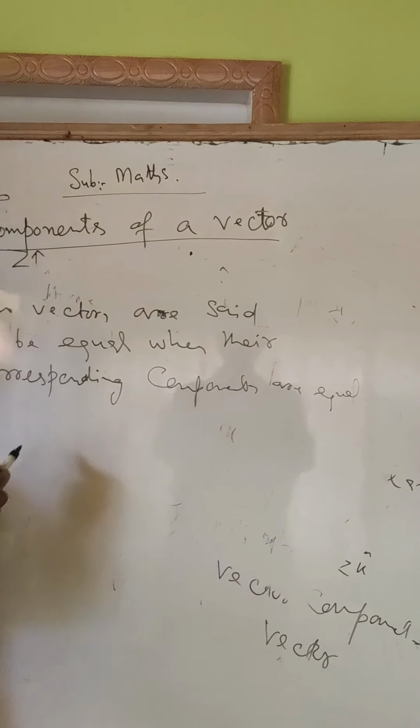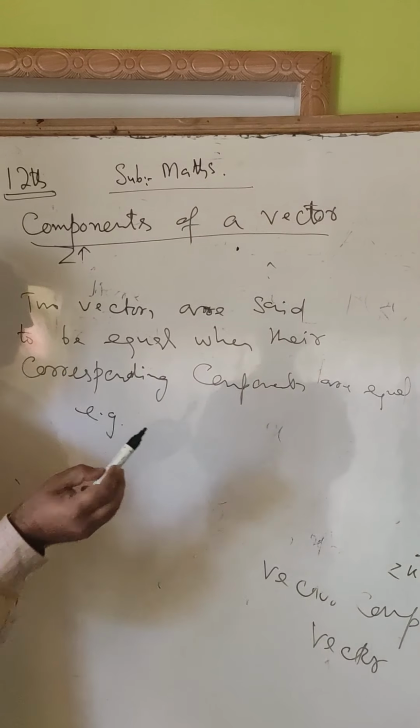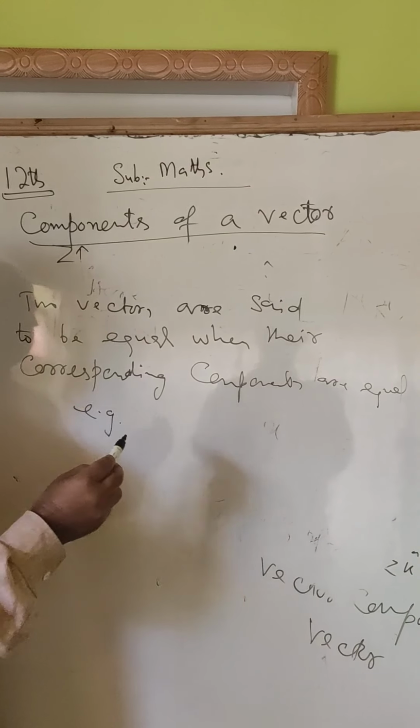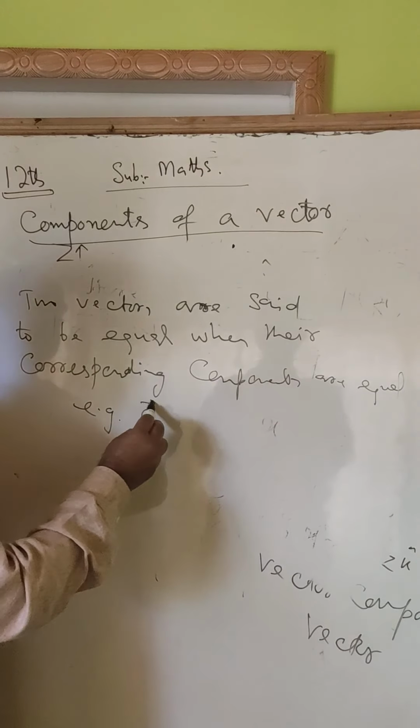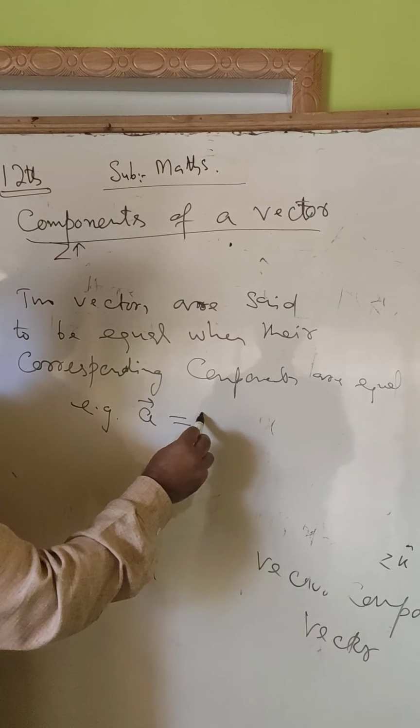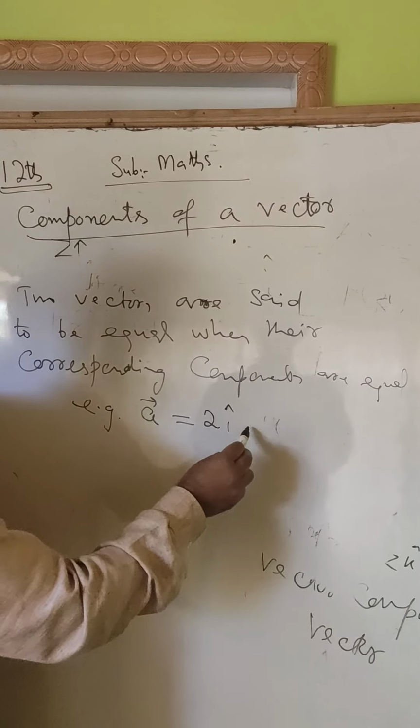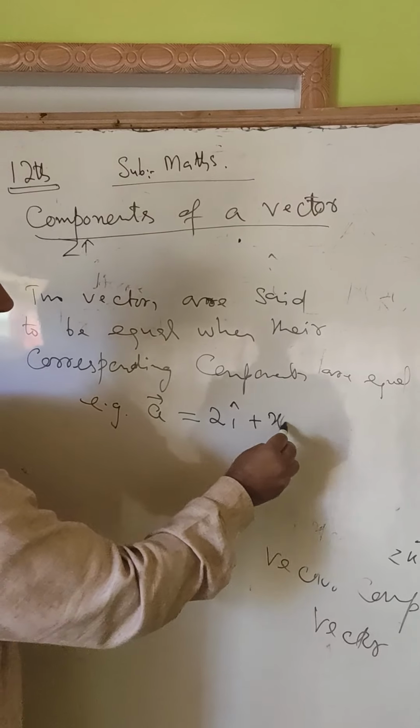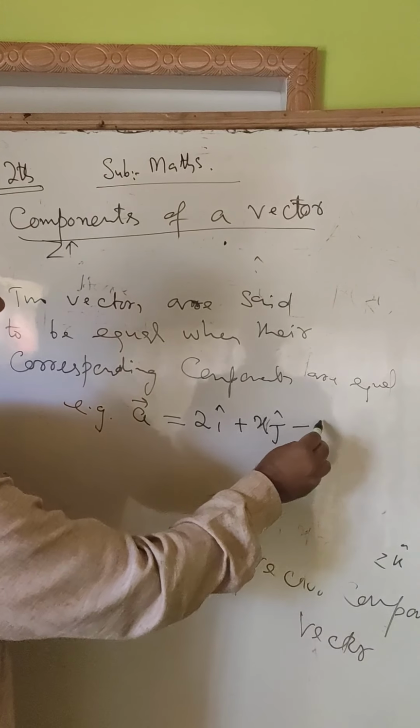For example, अगर हम लेंगे एक वेक्टर, हम लेंगे a वेक्टर, हम लेंगे ऐसे 2i plus xj माइनस k।